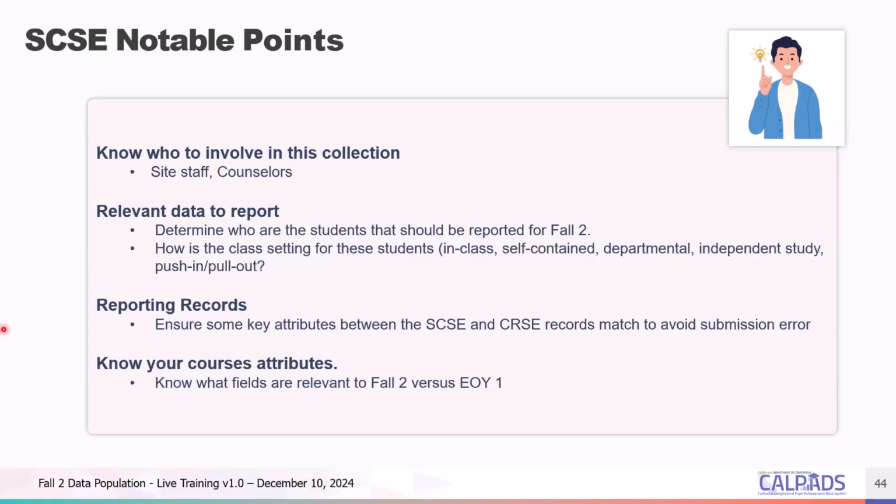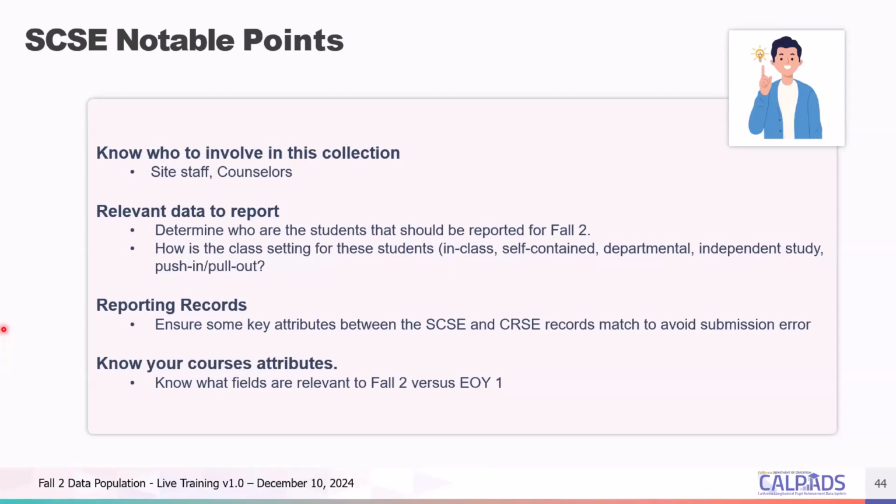Those are non-public, non-sectarian certified schools. LEAs are not required to submit student course enrollment data for lunch activities. You will also need to determine the appropriate class settings for students, whether in class, self contained, departmentalized, independent study, or push in pull out.